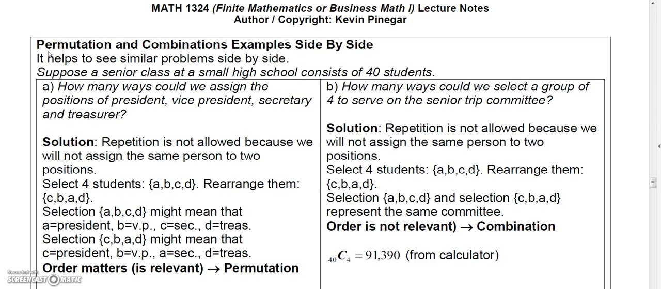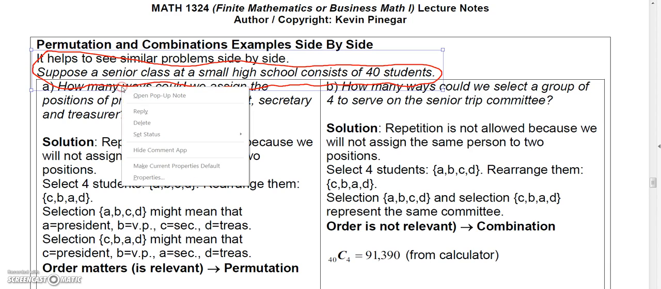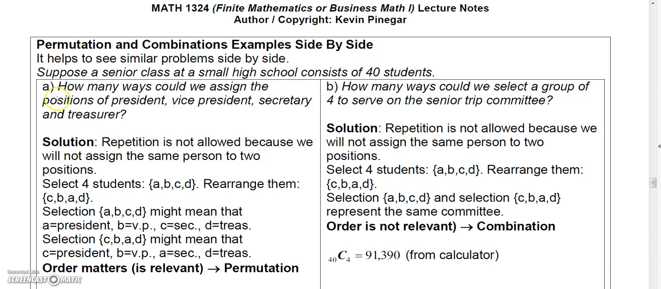I'm going to finish the accounting section up with some examples, but let's take a look at a problem to show you how similar a problem could look here. Suppose a senior class at a small high school consists of 40 students. And then I'm going to ask a couple of questions here. So the first question I'm going to ask is, how many ways could we assign the positions of president, vice